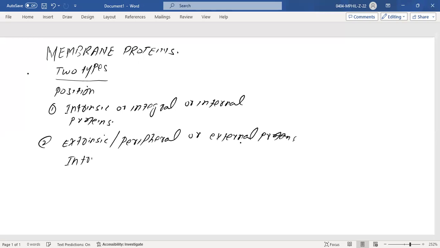यस सर। Intrinsic, integral, or internal proteins. यस सर। So wait a second. एक मिनट।